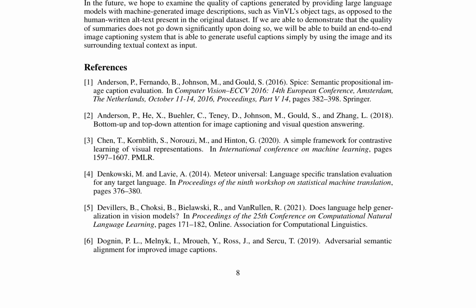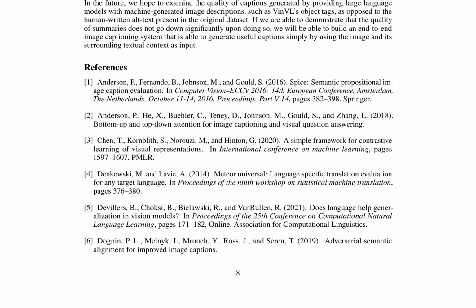However, limitations include the inability to fact-check generated captions for truthfulness, as evident in Figure 3, which incorrectly identifies mission crew members. Future research should incorporate modern fact-checking methods into the model's text generation pipeline. The authors concluded by discussing the potential for leveraging machine-generated image descriptions instead of human-written alt text to improve the